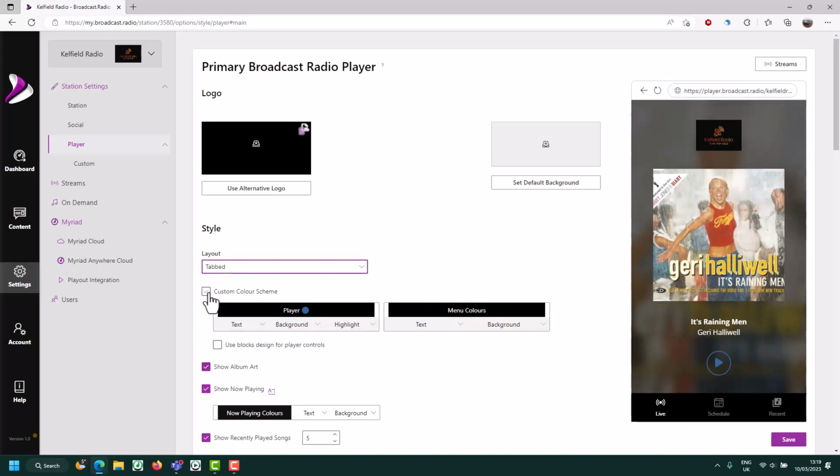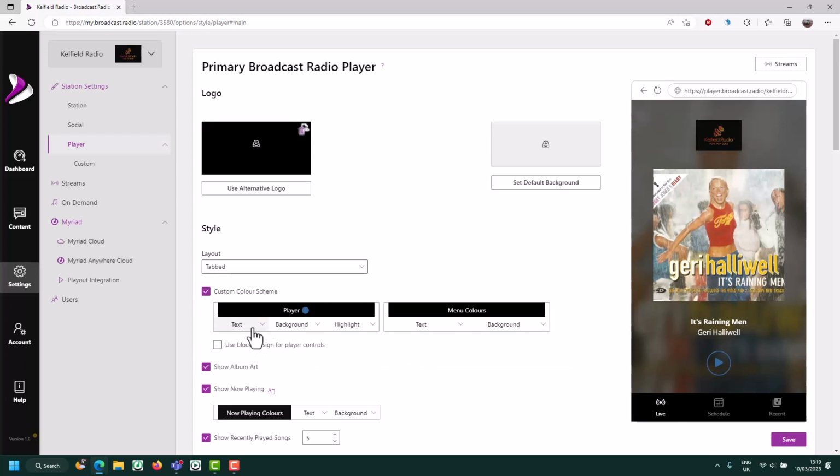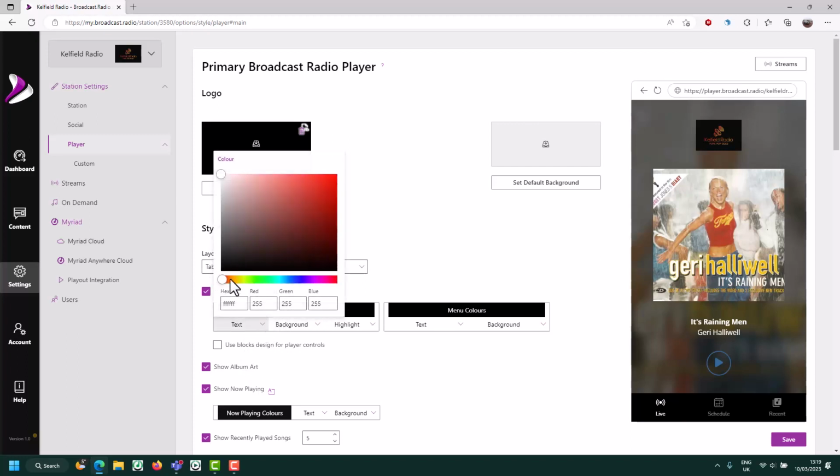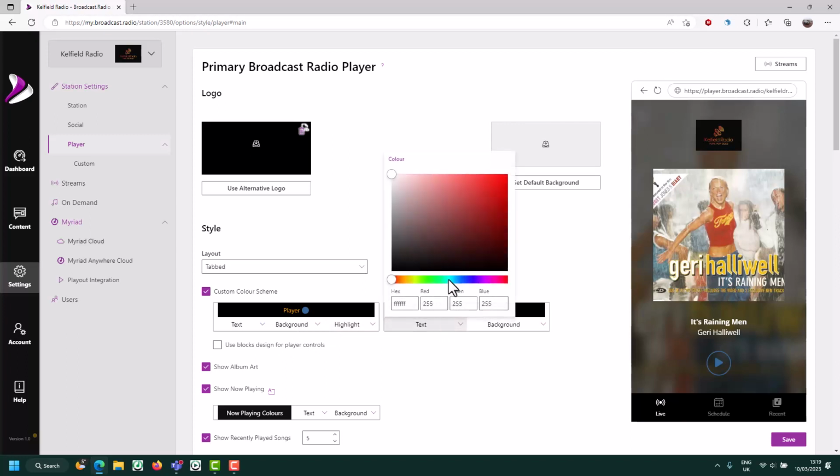Next, you can use a custom color scheme. So if you don't tick this option, it will use the colors we set in the station section. But let's say we want to change this to be a bit more in line with the Kelfield radio logo, so I'm just going to set the text color to be a kind of orange color. There we go. Background can stay as black and highlight is okay. And I'm going to do the same thing on the menu. If you were taking care of this, you'd obviously use the same color exactly on each one, but it